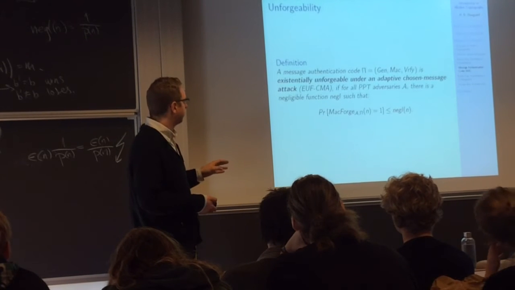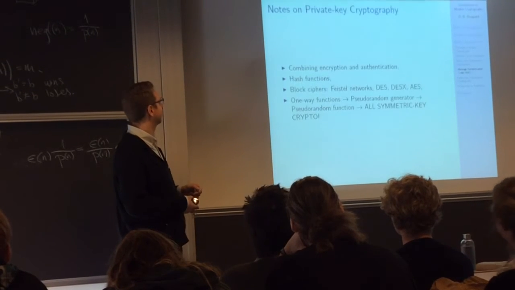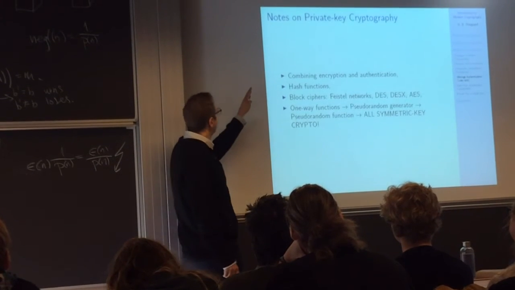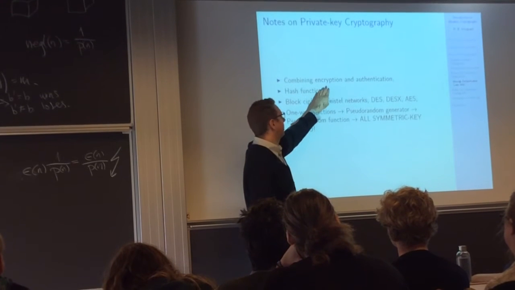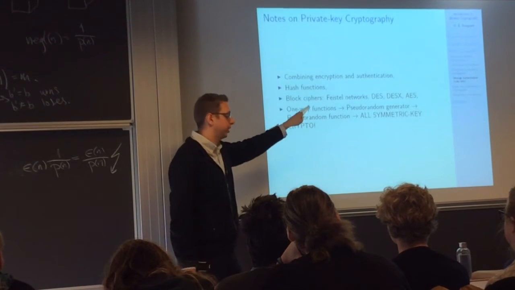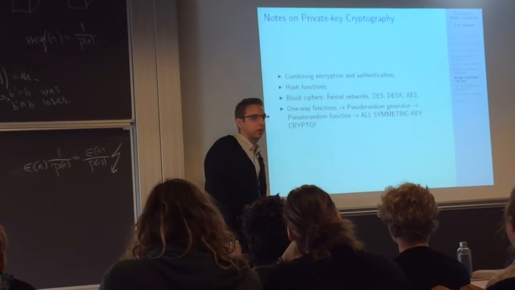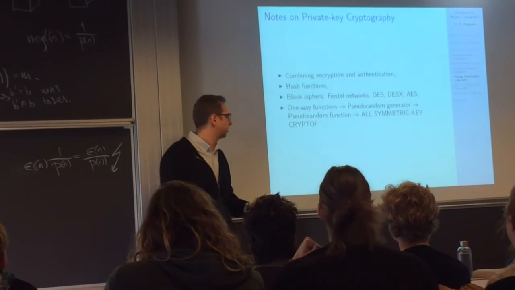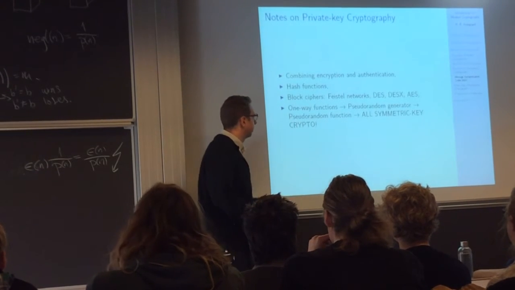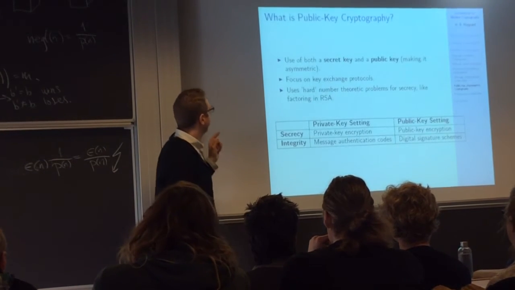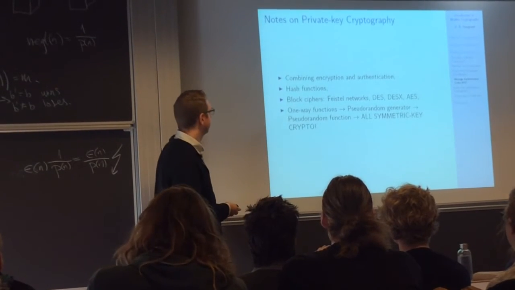I don't find this super important or impressive, so I'm just going to go to the next thing, which is our last thing, notes on private key cryptography. You can combine encryption and authentication and get authenticated encryption. There's also something called hash functions, where we don't need as large keys as block ciphers. And then there's something that I'd love to talk about, but no time: pseudo-random functions and so on, which is the stuff I work with. Anyway,